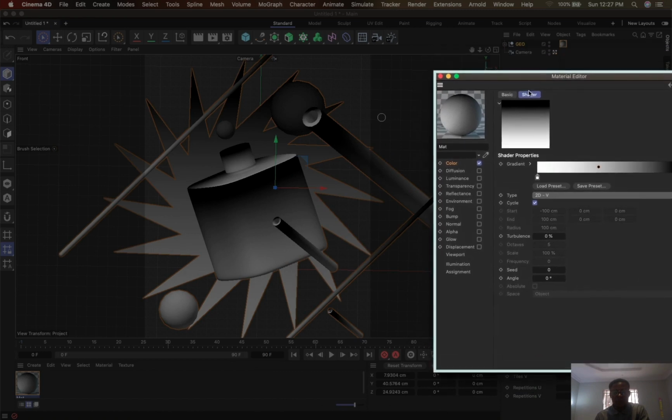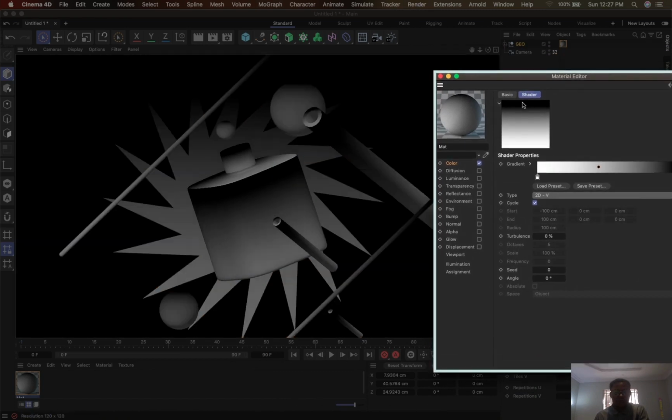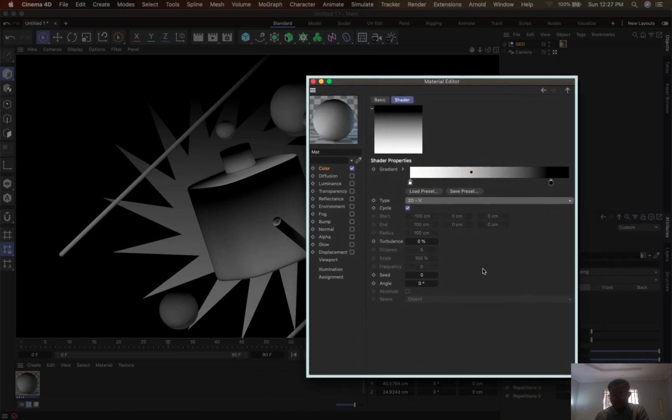Okay, so I press Ctrl R just to do a preview. Now you can see, Ctrl R. So now